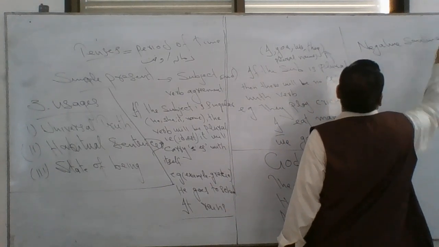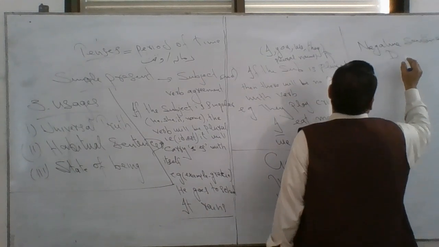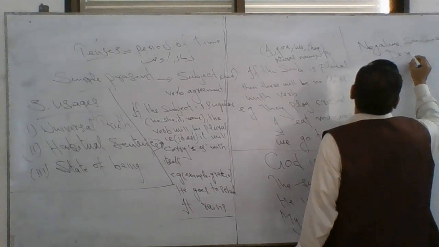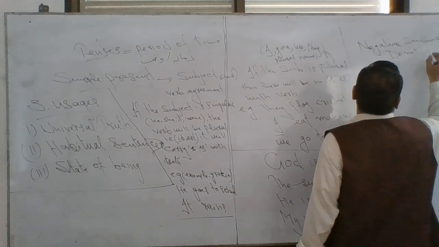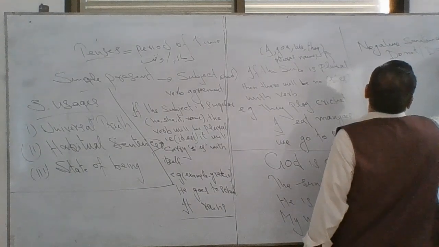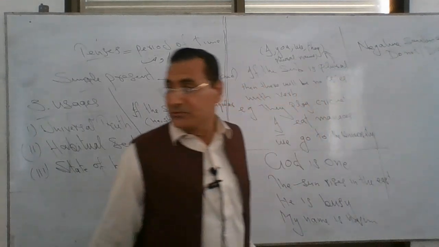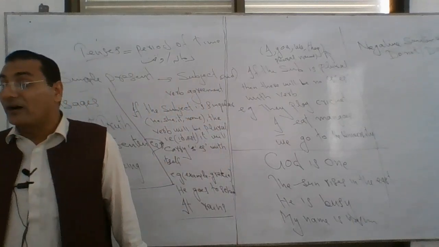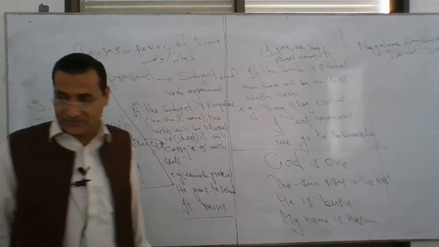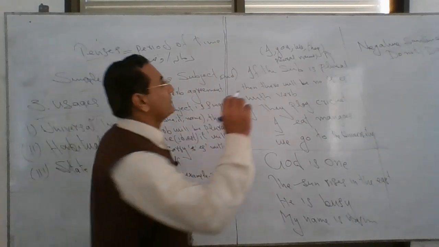For negative sentences, we use do not or does not soon after the subject. Soon after the subject. For example,